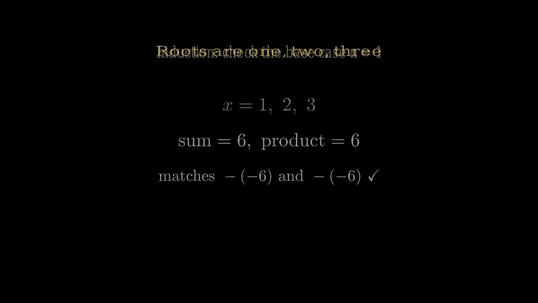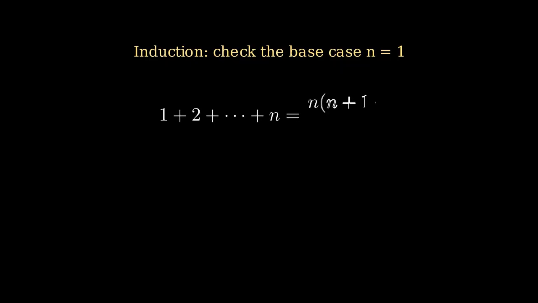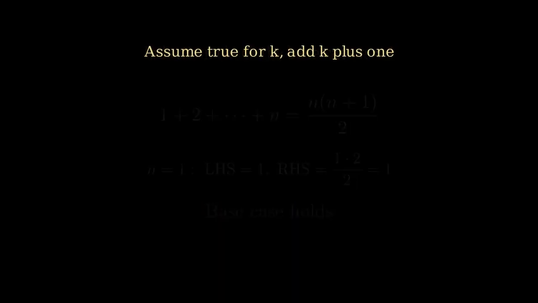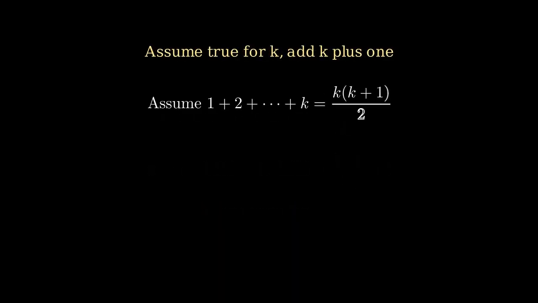Next, we prove by induction that 1 plus 2 plus up to n equals n times n plus 1, all divided by 2. We first check the base case n equals 1, where the left-hand side is 1, and the right-hand side is 1 times 2 over 2, which is also 1. We then assume the result is true for n equals k, and add k plus 1